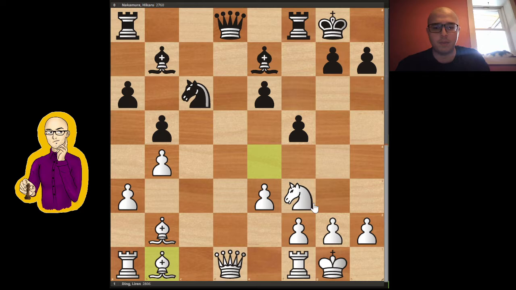The bishop went all the way back to b1. I thought bishop c2 looked a little bit more natural just because it does the same thing as bishop b1, but at least the bishop can come to b3, and the rook can come to c1 pretty easily. So I don't know if bishop b1 is...